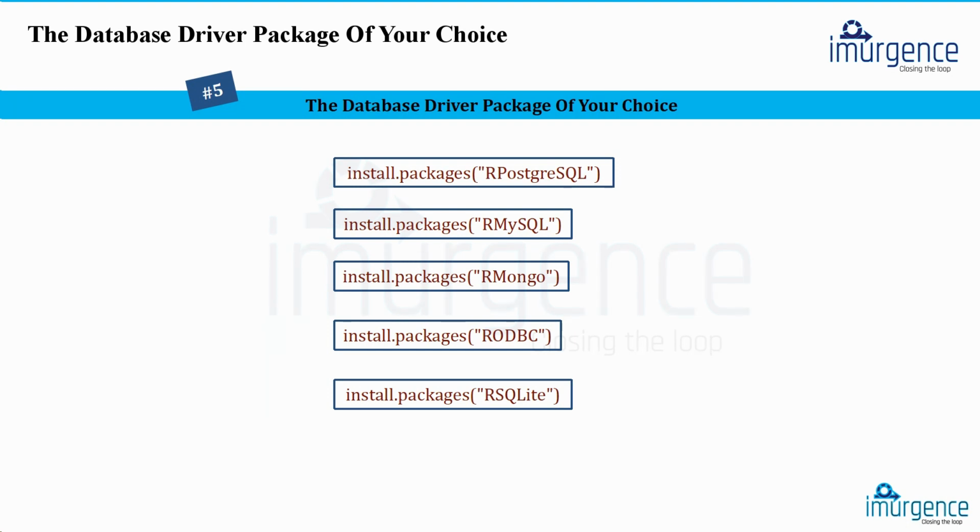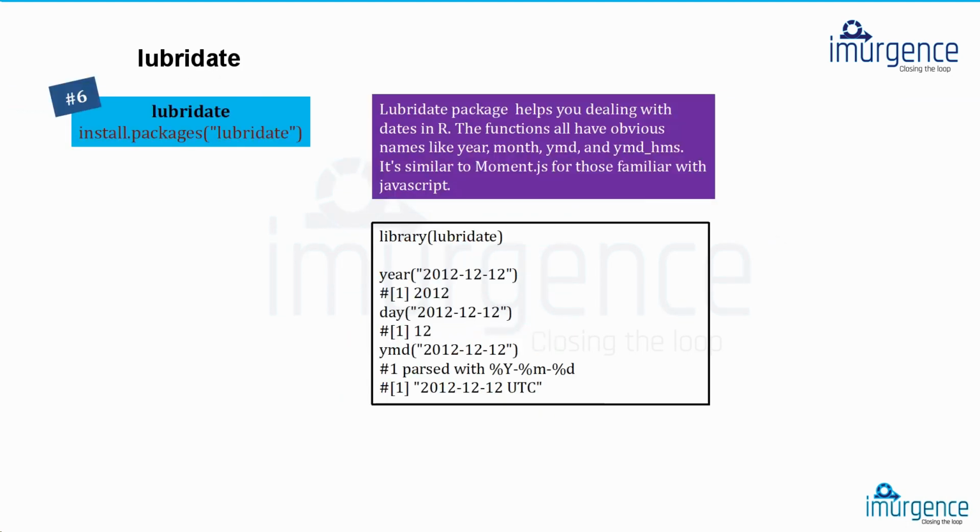We are not listing the very specific packages, which actually means that there are a whole host of packages which, according to your requirement, you will have to use. The lubridate package accesses those functionalities which are used for manipulation of dates. Date would usually be useful in conjunction with your forecast package, because in forecast you will be accessing some of the packages which are useful for time series forecasting. So wherein time and date become an important aspect, and obviously if you have to handle that, you will have to use this package.